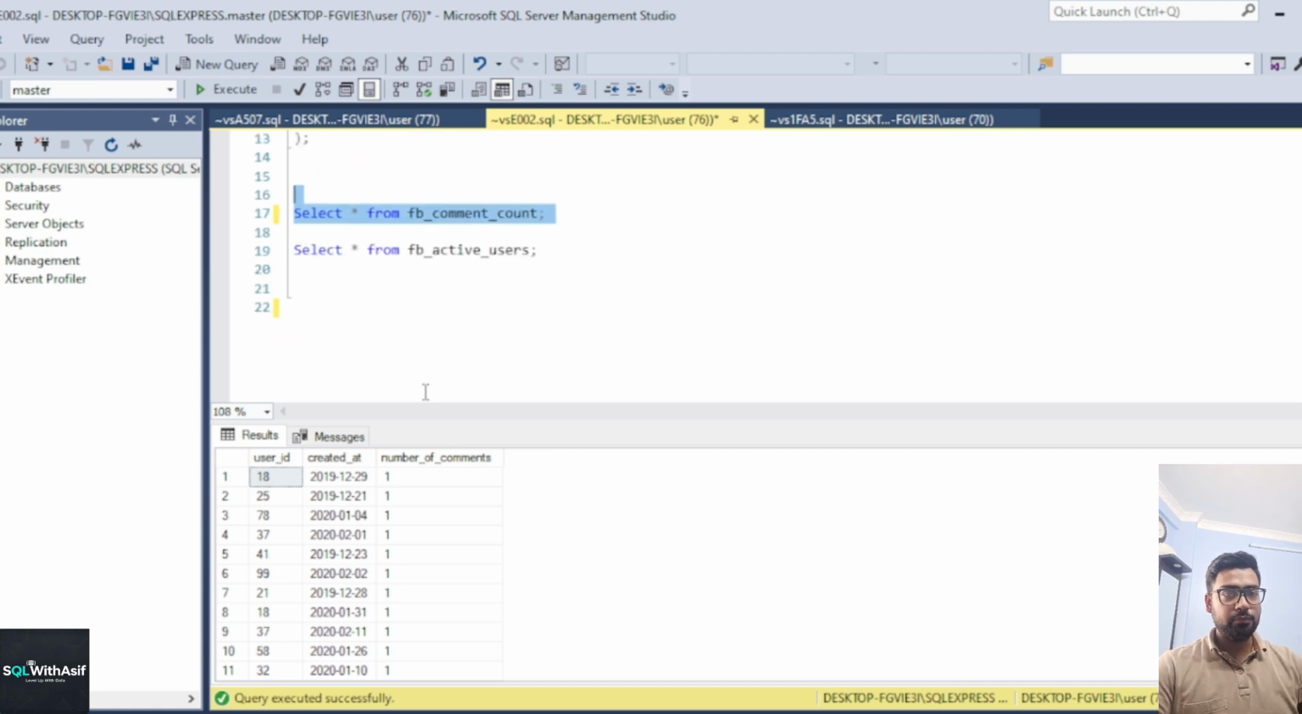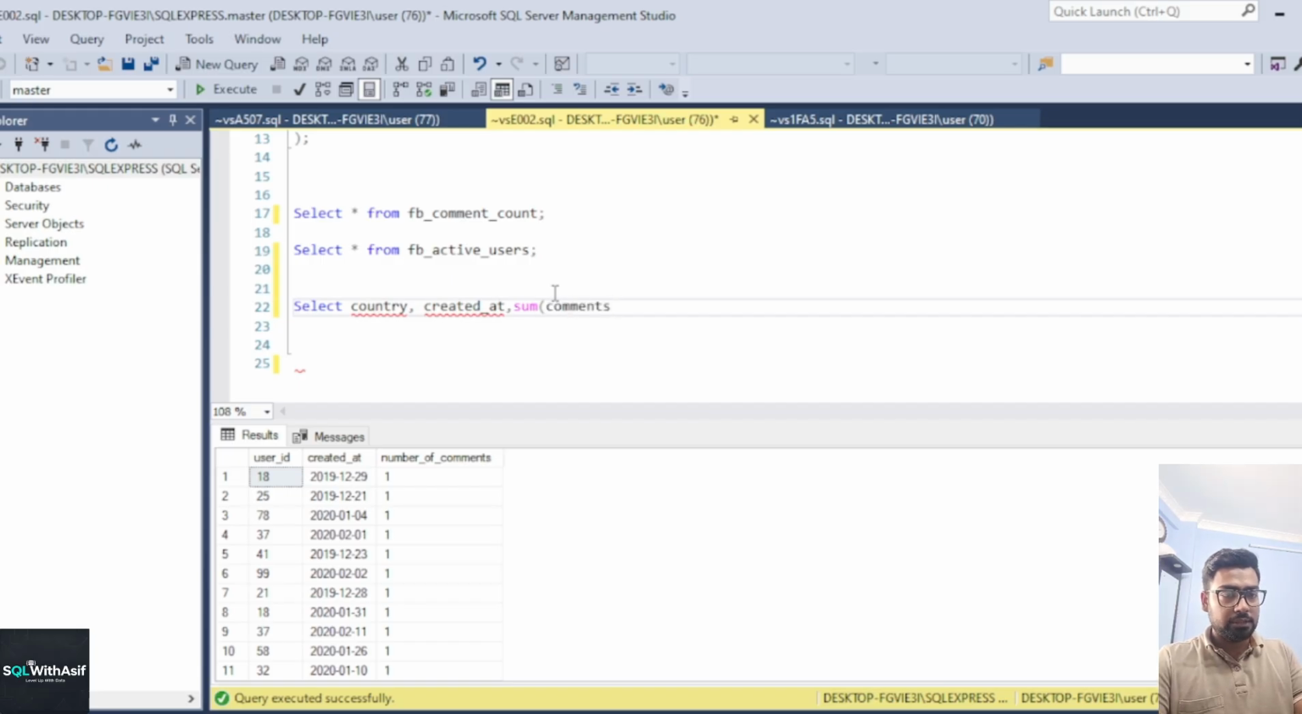So let's do one thing. Since I know I need to join and then we can aggregate, I'll just write select over here. Then select should go with country, because we need to do aggregation based on country. Then we need to do aggregation on month, December and January. And then the aggregation part, which is the sum of the number of comments, from